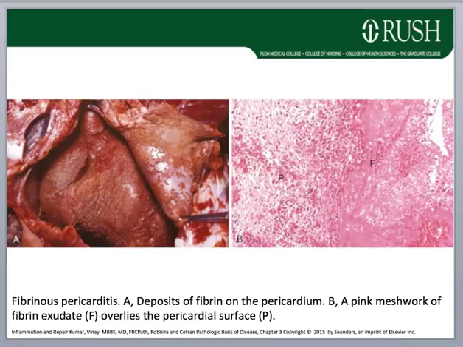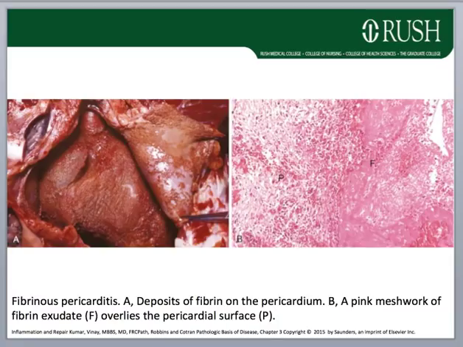This is a classic site for fibrinous inflammation, the pericardium. In the center of this image is the heart, and this clamp is reflecting back the pericardium, which is the layer that envelops the heart. And you can see on the surface it has a granular, roughened appearance, and that's because of deposition of fibrin